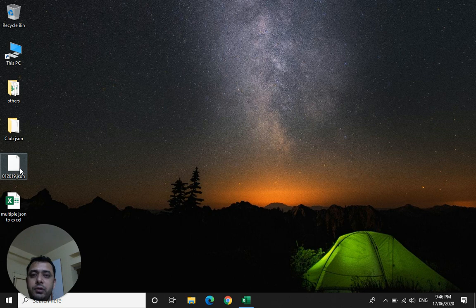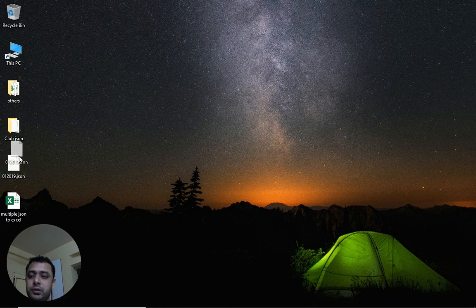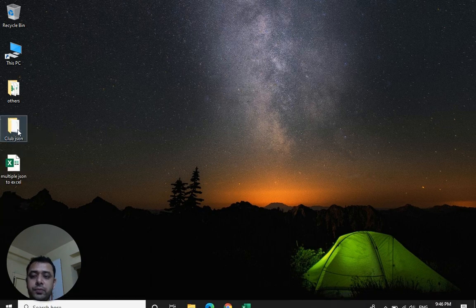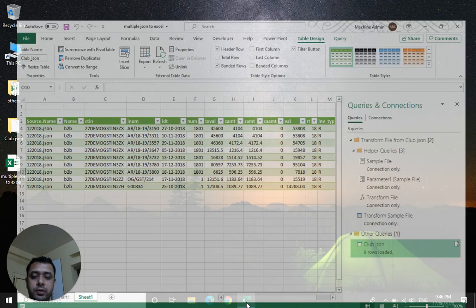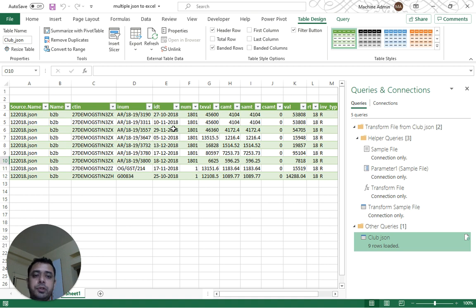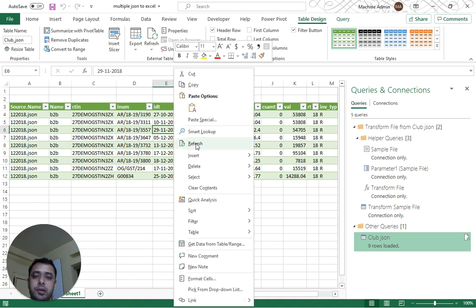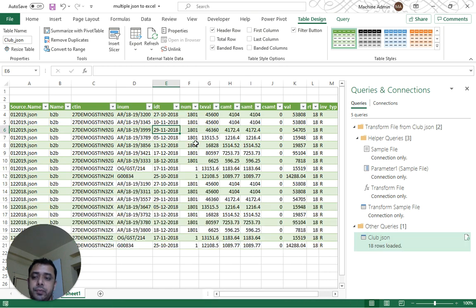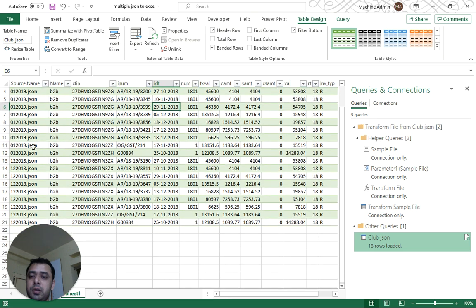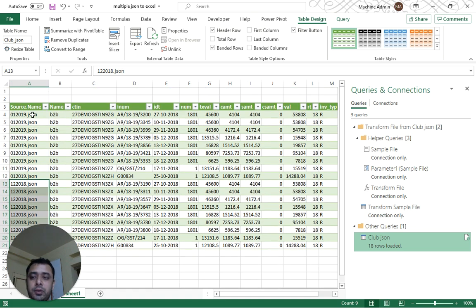Now I want this January 2019, so just copy it into this folder and come over to this table, right click on refresh. As you can see, earlier we had only these 9 invoices pertaining to the December 2018 period. Now we can also see these January 2019 invoices.